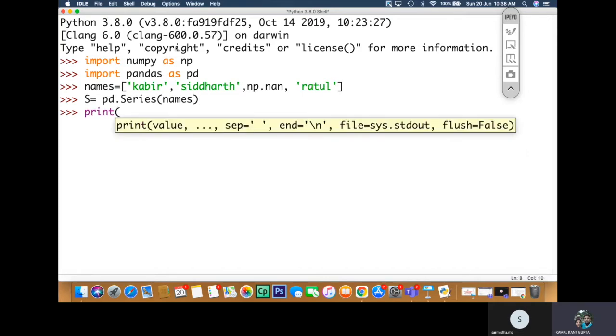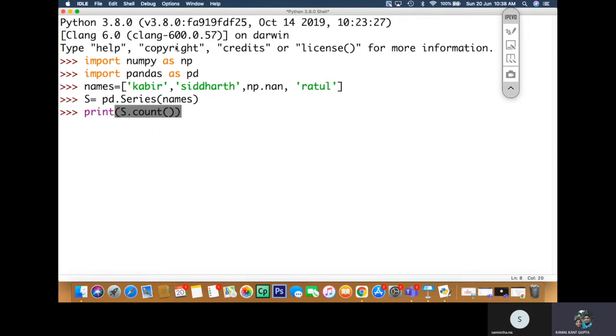I'm going to print s dot count. So yes, it's NaN only. np.nan gives you a null value. So here it gives us 3 because there are 3 non-NaN values. Okay, so that completes this.